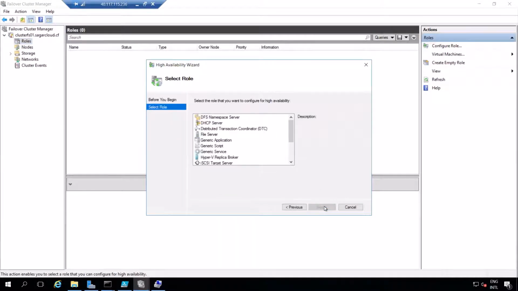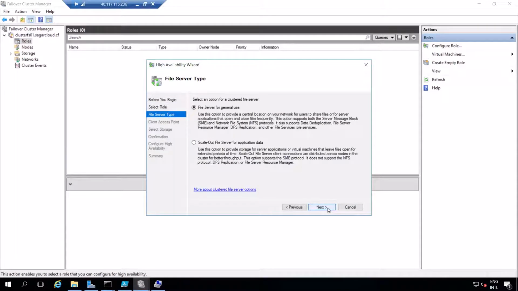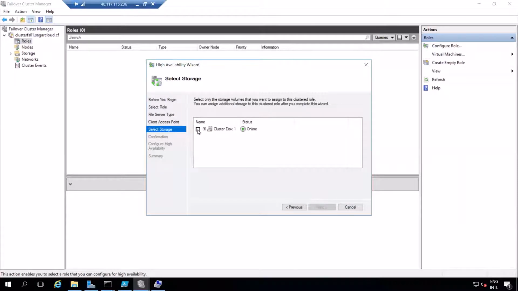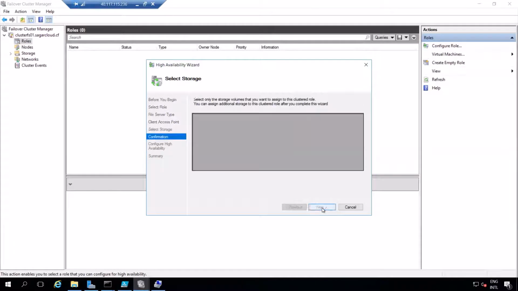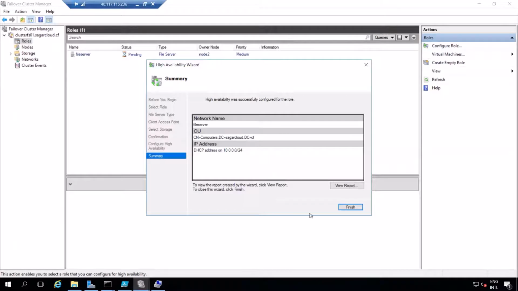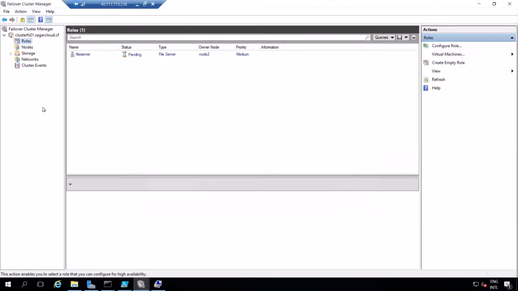Next. Okay, let me select the file server over here. Next. Okay, I will do the default setting. File server 01. I will take a file server only. Okay, I will select a custom disk. Okay, that will be used. And then click on next. Again, maybe there is a challenge, we'll see here. Finish.